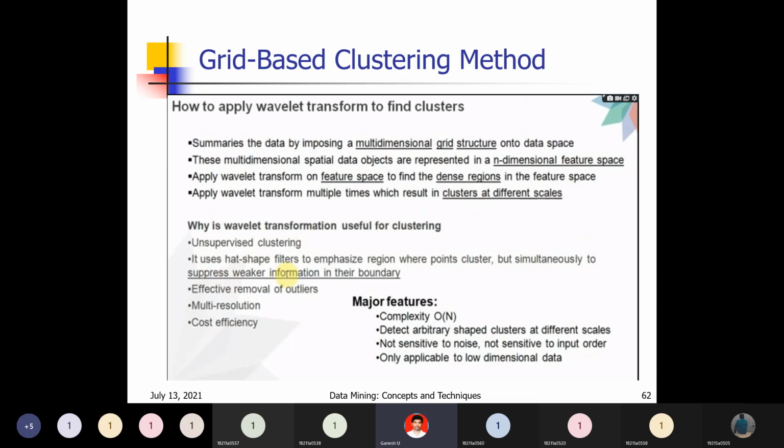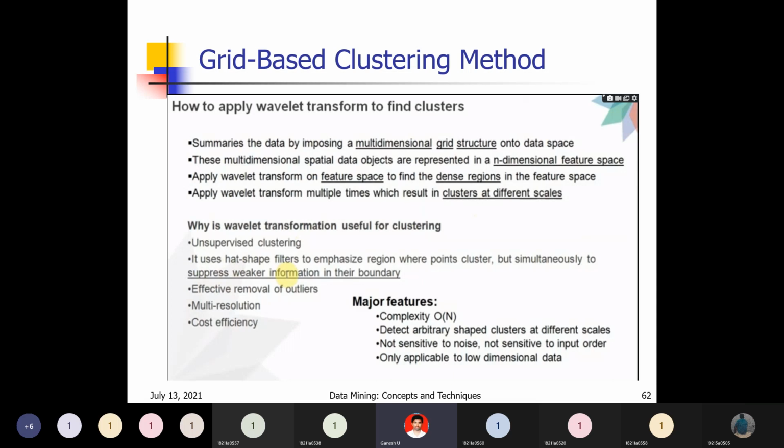Next, it is not sensitive to noise. It can easily identify the noise. In the graph, for which x values you get a y value of 0 or 1, that is a boundary point. Those boundary points you just remove or neglect. Those are nothing but noise points, outlier points, or irrelevant values. It is also not sensitive to input order. You can give any input, in any form, and it will take it.